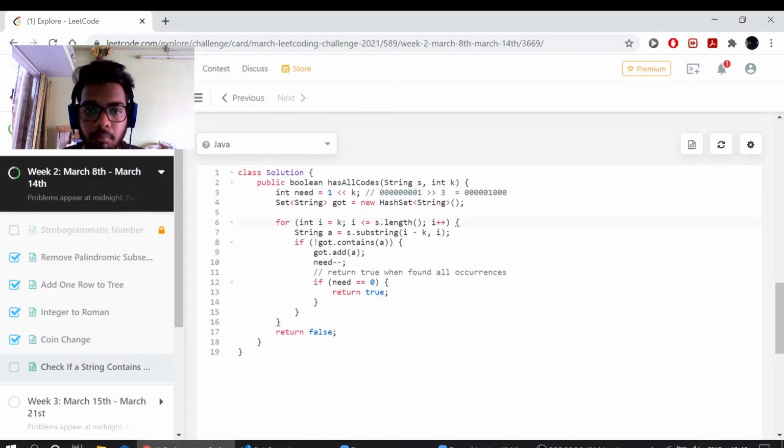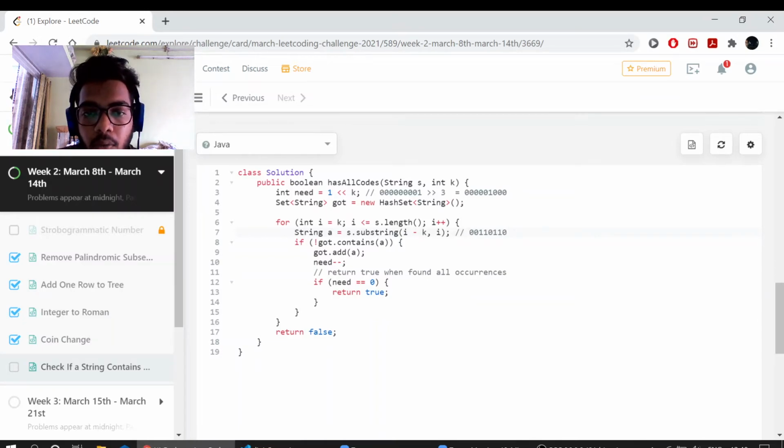It's the basic solution that they provide, but it's the best one. Even I thought of the same thing. Instead of using a hash set, I thought of using a hash map, so I could map each value and then go into the map and check the value.